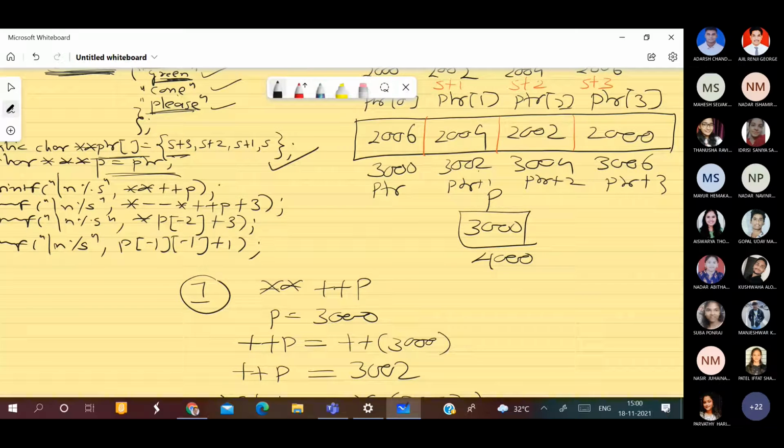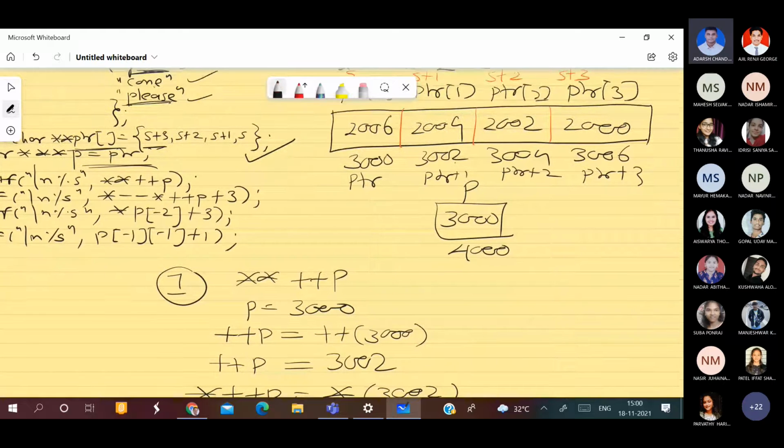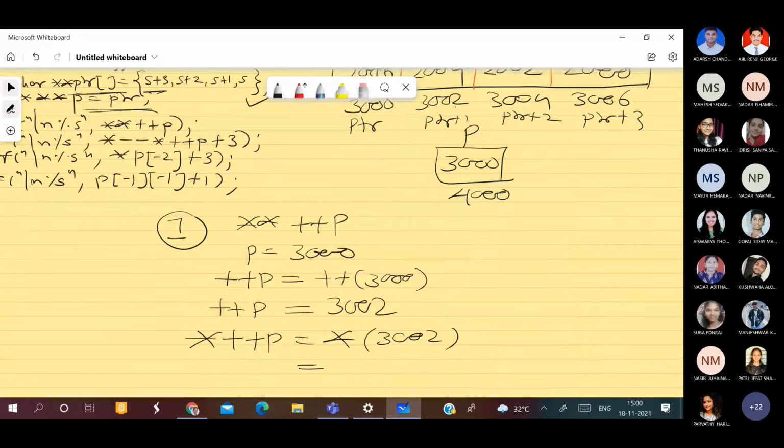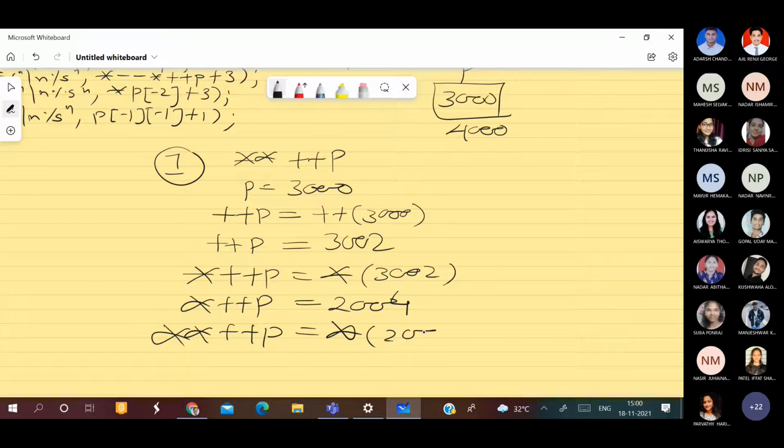What is there in the star at 3002? 2004, right? What is the value at 3002? That is what I'm asking you. Is it 2004? Yes, sir. So star plus plus P is 2004. One more star, star plus plus P is star at 2004.